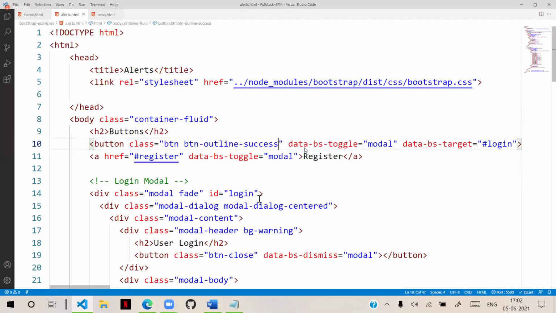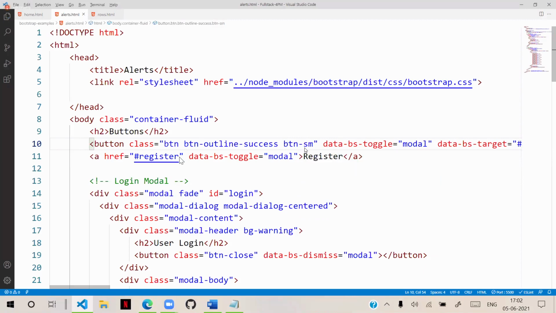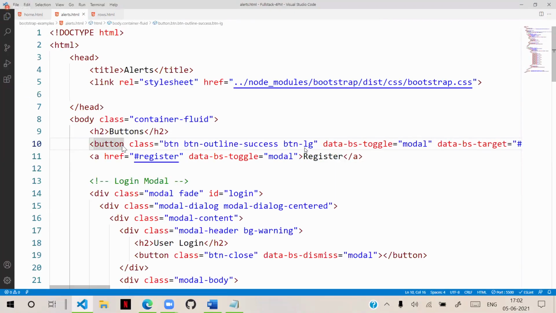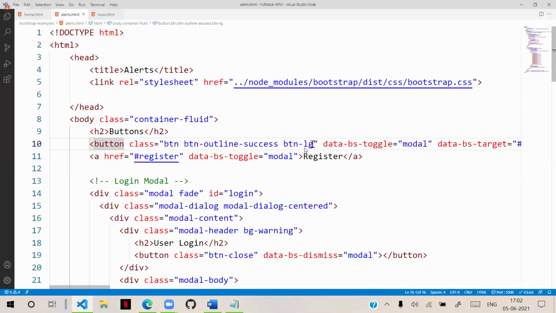And we can have btn-sm for a small button. The button size will be reduced a little bit. We have lg, that is for a large button. You can see the size will increase. You can keep small and large buttons by using sm and lg.